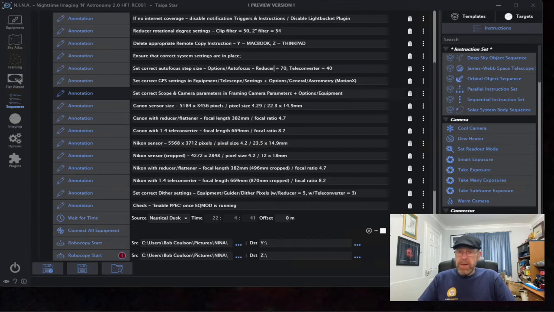So the next one down is a reminder for me to set the correct scope and camera parameters. Now this changes if I'm using the teleconverter or the reducer. It also changes if I'm using either the Canon or the Nikon DSLR. So I need to go and make sure that all those settings in the framing tab and in the options equipment tab are correct, otherwise I'm going to have problems with plate solving later on in the session. Next down we have just a set of reminders with setting up those